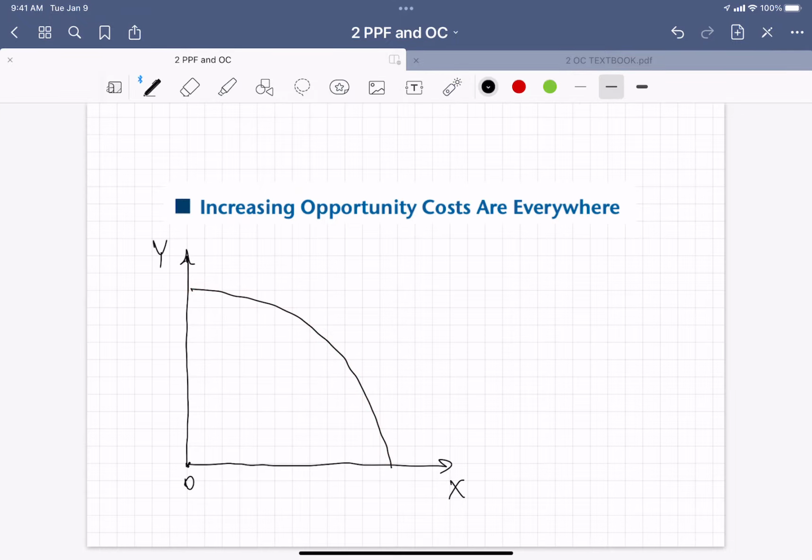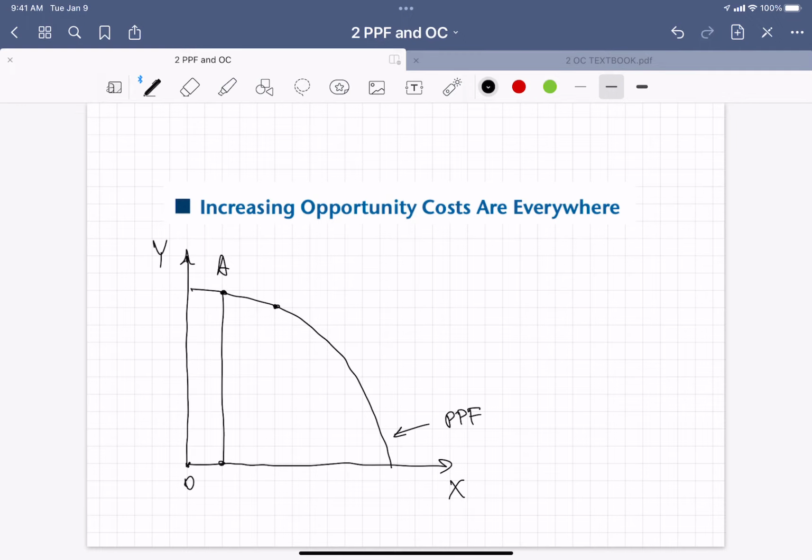So everything that's going on here is supposed to happen on the PPF, along the PPF curve itself. And generally speaking, everything pretty much works the same way, with some exception. What is the same is the slope of this curve is still negative, right? So as you're moving from one point to another on this diagram, you're still gonna go down to move further right. So if you go, let's say, from point A to point B, you will